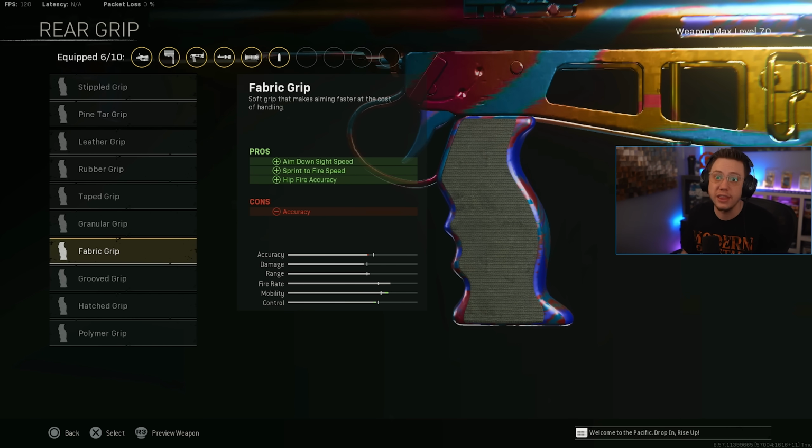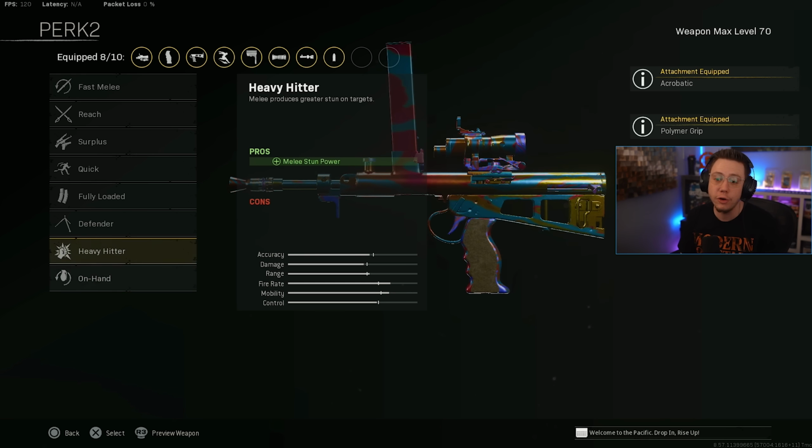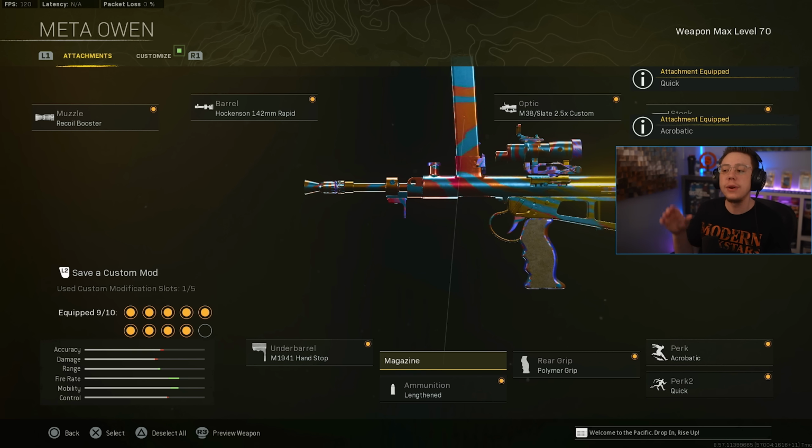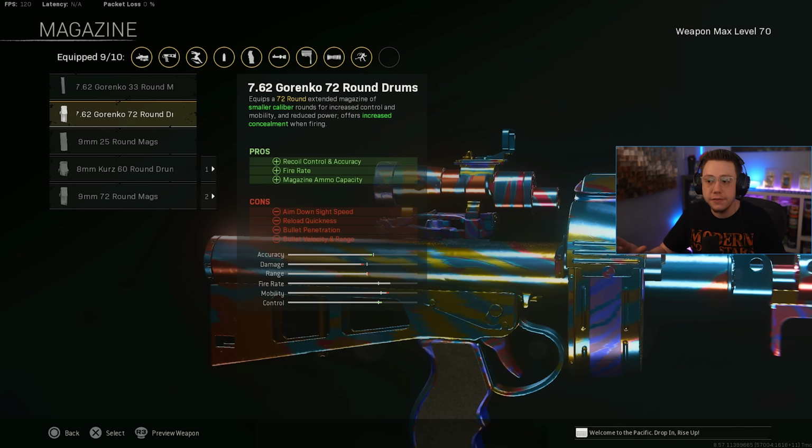Same deal as before. Want that better ADS, go for fabric. Want that better control, go for polymer. Again, going for acrobatic and quick on here as well. And when it comes to the magazine, this is where things get interesting because they did slightly nerf the damage